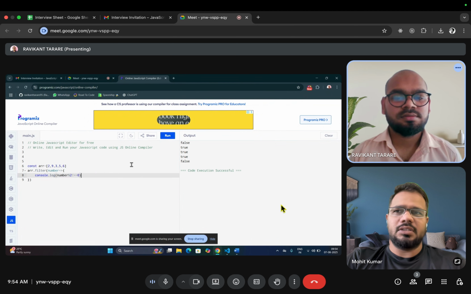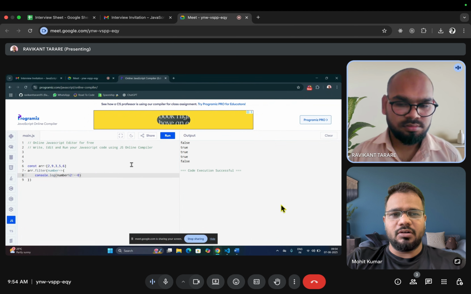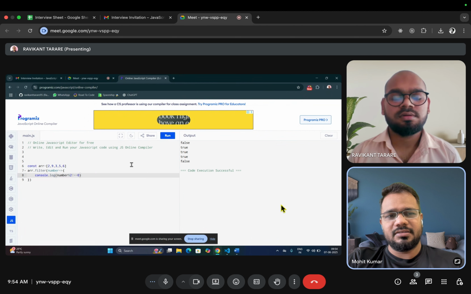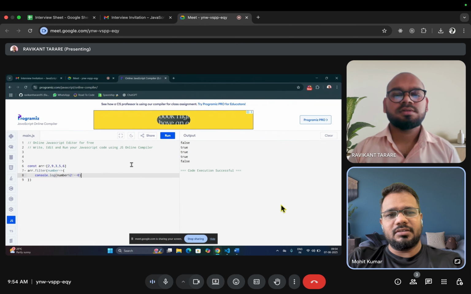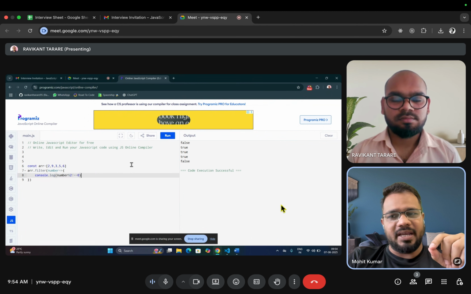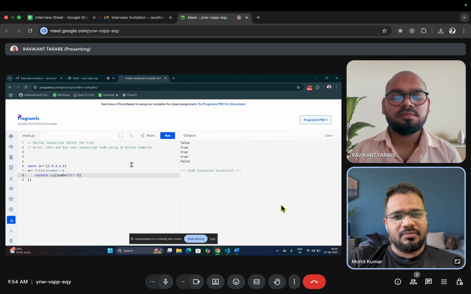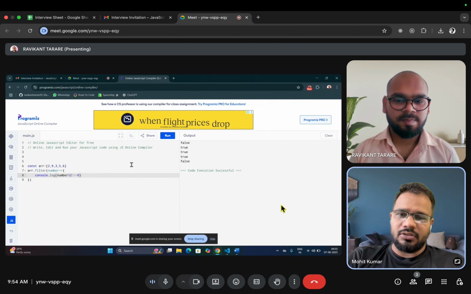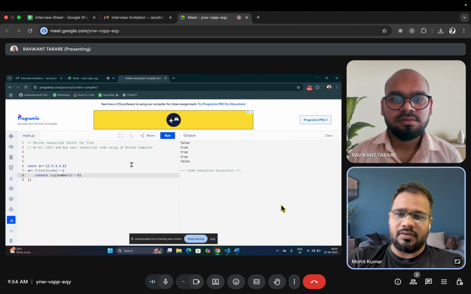No, it looks like document dot body dot style dot backgroundColor, like this. In JavaScript, we can use document dot body dot style dot background equal to red. Yes, no problem.